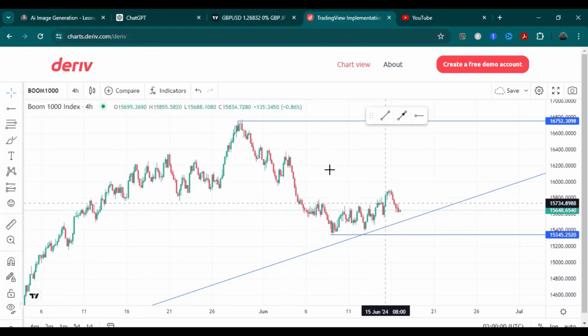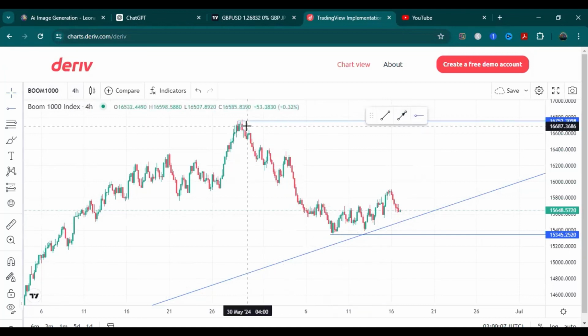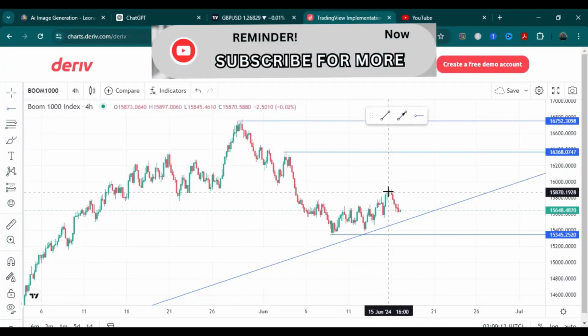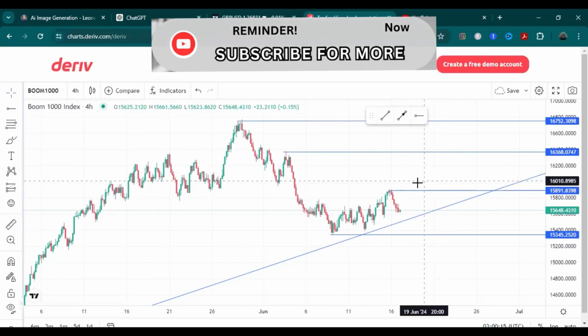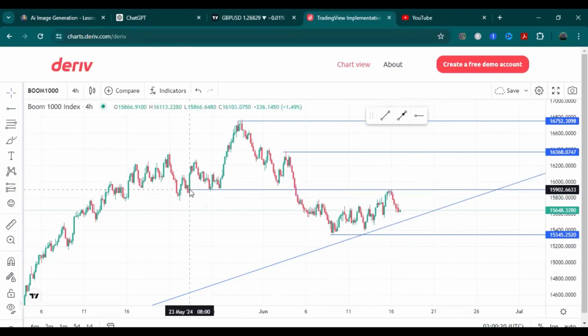Okay, so here is my highest high, here's my lowest low. After this highest high, do I have any other high before it or after it? So I can see I have this high here, and then I have also here. All right, so sometimes you might want to drag it to the future and see if it's